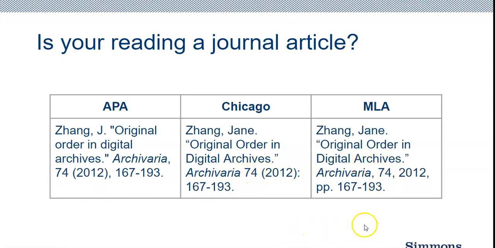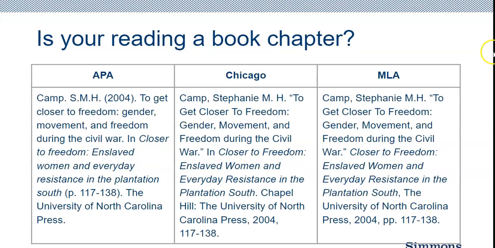Now let's move on to book chapters. These are 3 citations for the same book chapter, again in APA, Chicago, and MLA citation styles. Several tips that can help you identify book chapters from other resource types is that they tend to be quite long, they will not have volume or issue numbers like a journal article, and that they tend to be published